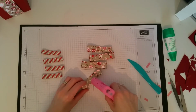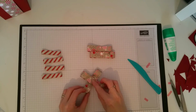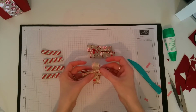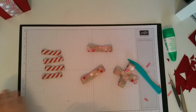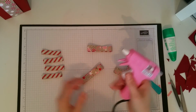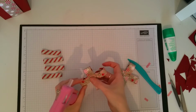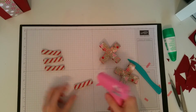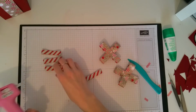So I'm just going to put a blob of glue on the middle here, and I'm going to lay this one on top like a cross, like so. I'm just going to repeat that with these two. Nice blob of glue in the middle. Make it into a cross. So if we do that with both sizes,